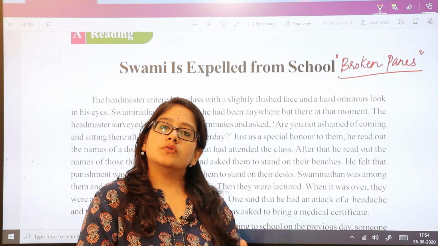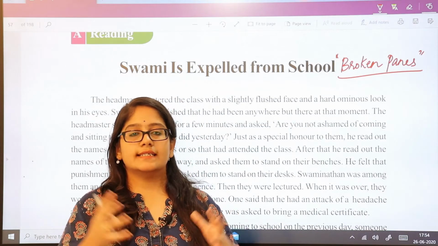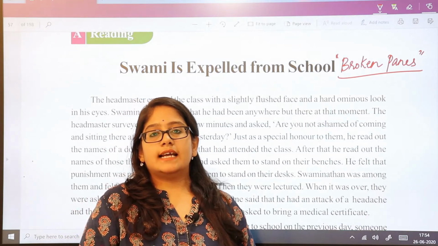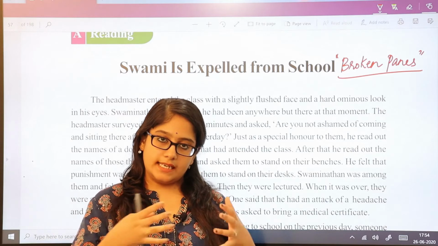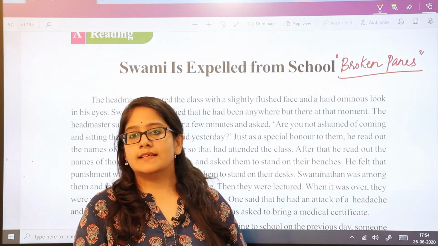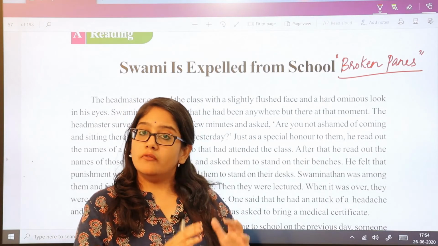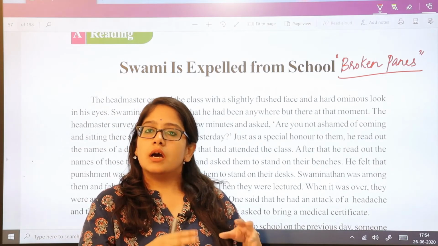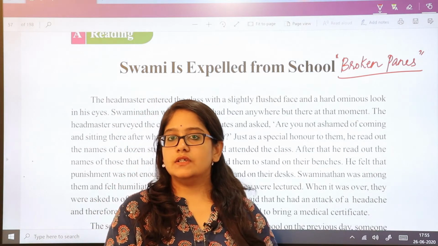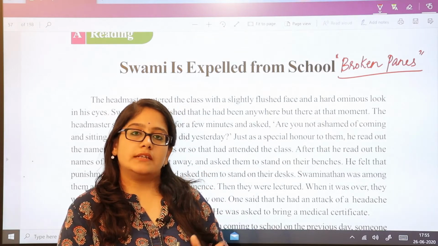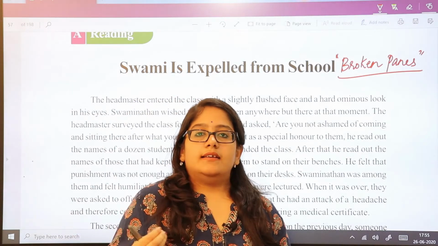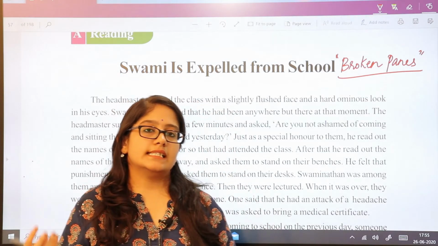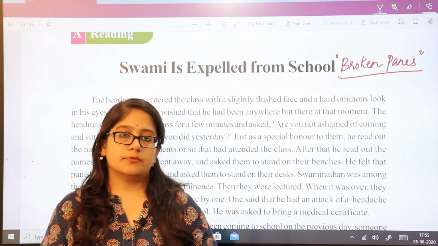He doesn't go to his house. An idea strikes his mind. He thinks that it would be a great idea to join in the protest. Of course, he was thinking as a patriot, as an Indian citizen. He was moved by the speech and he wanted to protest against the injustice which was happening to Indians. At the same time, he wants a reason to tell his father about the missing cap. So he joins in this protest.